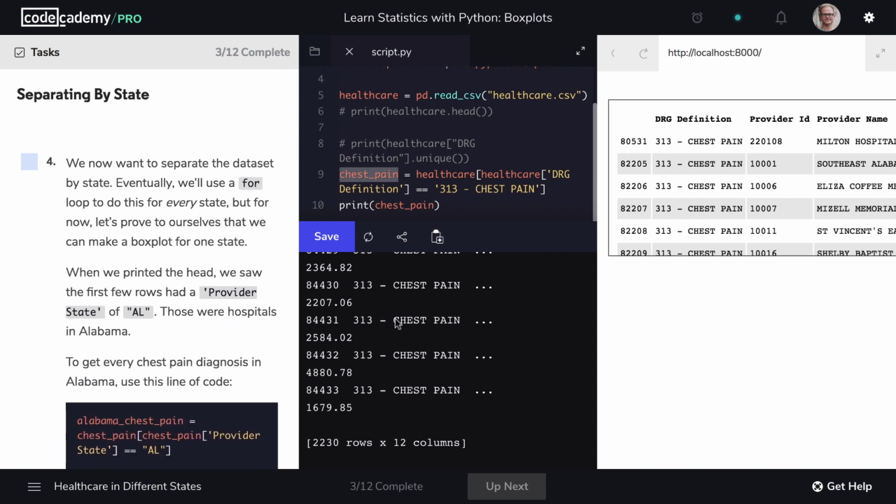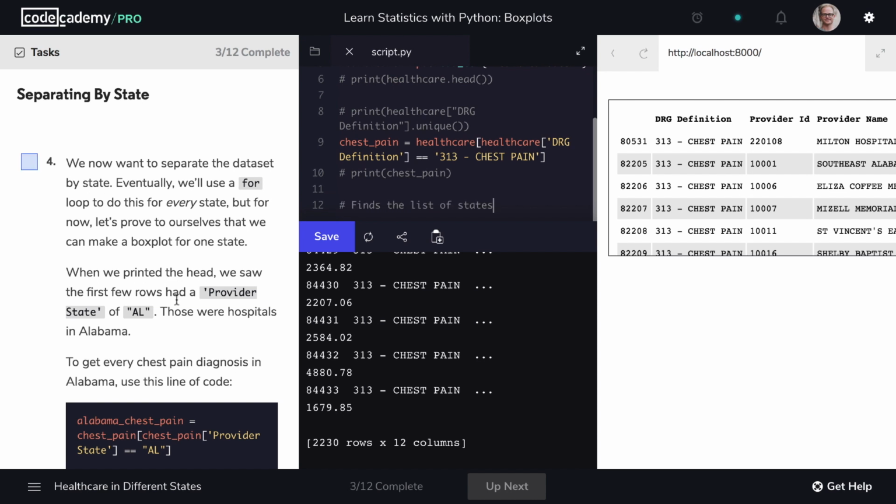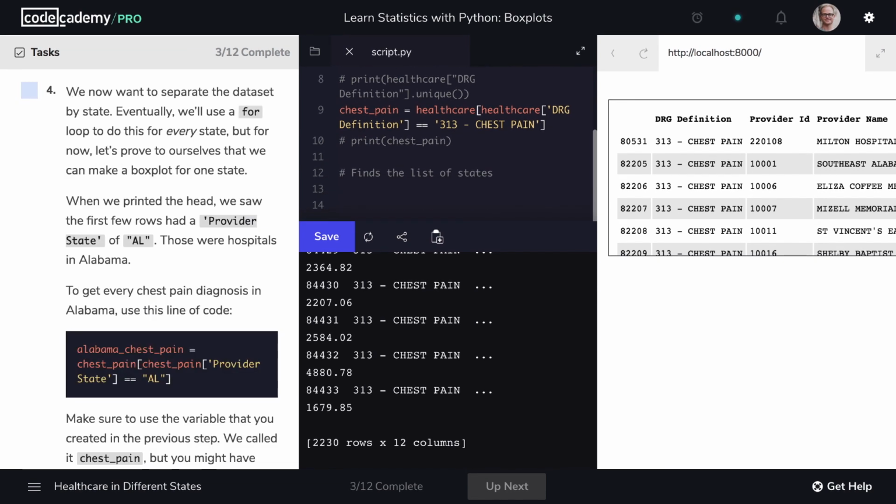We want to work on separating our data for the cost of medical procedures having to do with chest pain by state. So let's go ahead and comment out line 10. And now we're going to find the list of states. Let's go ahead and practice this by finding one state's data set for chest pain medical expenses. We'll focus on Alabama. So we'll create a variable, Alabama chest pain, and we'll go ahead and set it equal to chest pain that we already defined above, and we want to access the value of chest pain specifically at